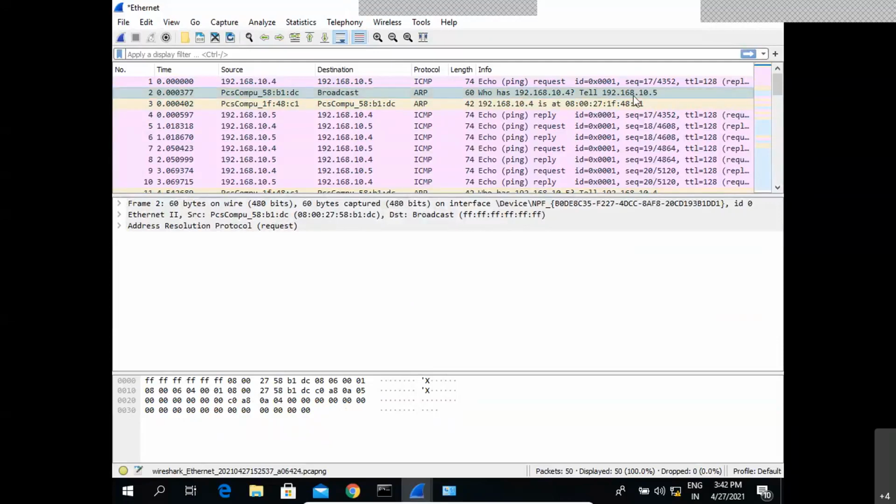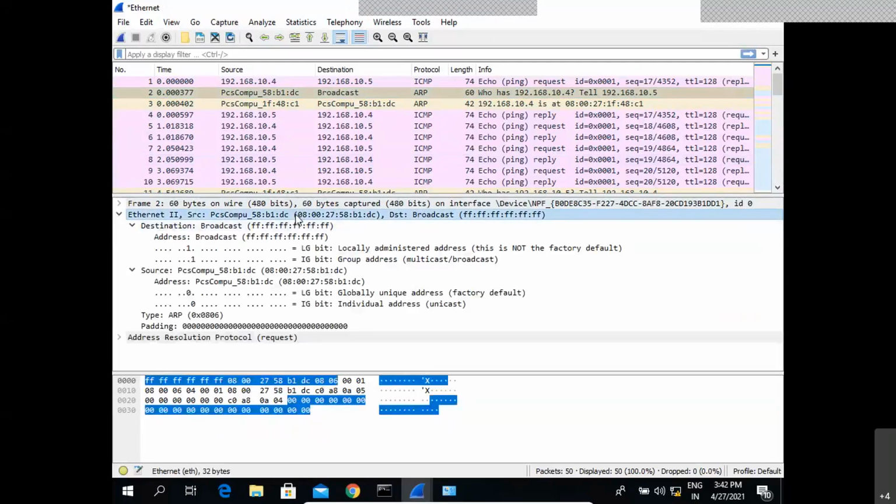Now, if you can see the same in the Wireshark tool, we have seen the last window with the raw packet, but we'll try to see this in a layered approach format in the second section. Now if we go to the Ethernet part of this particular ARP packet, again we can see the same source address as well as the destination, but here we can observe the destination MAC address is broadcast.